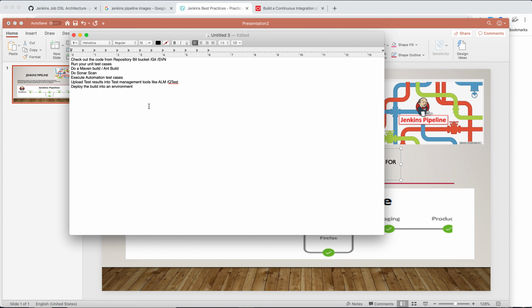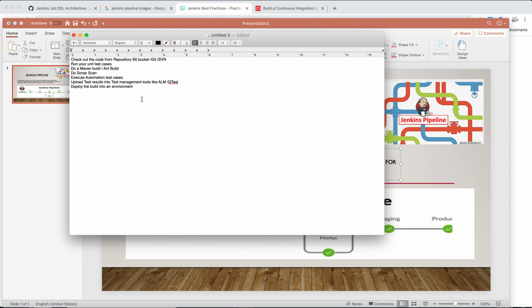So maybe when the code is moving into your production or test environment, they will just take the artifactories, whatever the build files that are generated in your development stage, and put them into the test environment. We will discuss that in a little more detail. All I want to say is that in a single pipeline you can integrate multiple sets of plugins which are required for your continuous delivery platform.